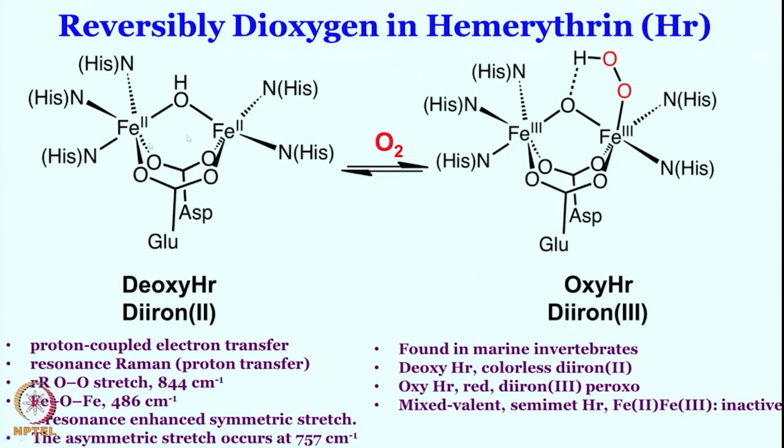These are not porphyrin rings, these have simple histidine ligation. These histidine ligations are quite phenomenal, quite important, because they provide the opportunity for these species, invertebrates, to carry oxygen. Before oxygen binding, it was a colorless species. Upon oxygen binding, this colorless species becomes red. So, this is a red colored species. This oxygen binding, just like hemoglobin and myoglobin, is reversible in nature. That means it can pretty easily go forward and backward, and therefore oxygen transport and release can be